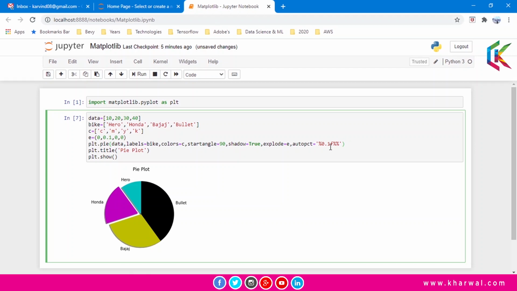So now if I run this script, we will get the pie plot like this, but this value is not visible here. So let's change the color. And now if I run this script, you can see the pie plot here.